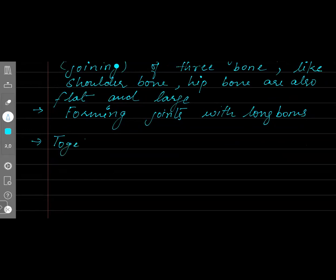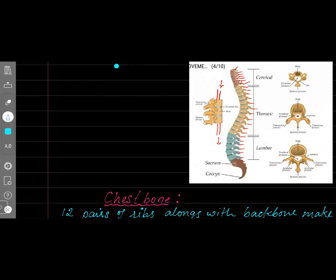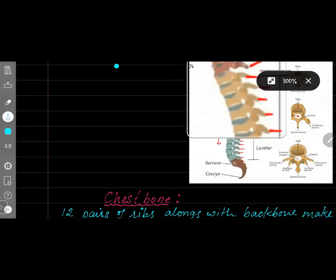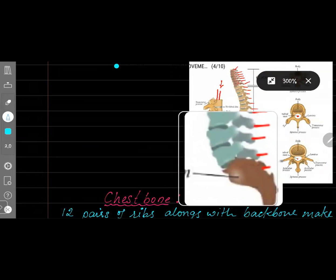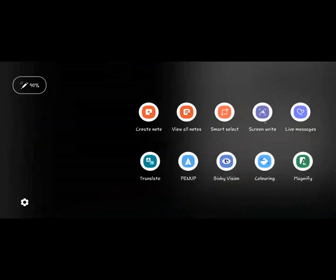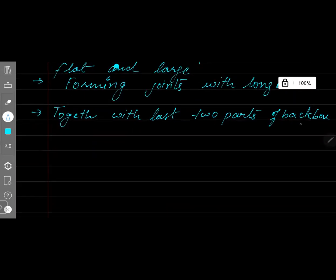We can write: together with the last two parts of the backbone. I will show you the backbone. You can see, this is the backbone. The last two parts here, the last two green colored parts, will join with the hip bone to form a